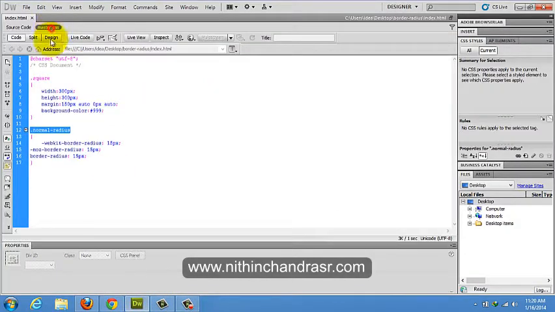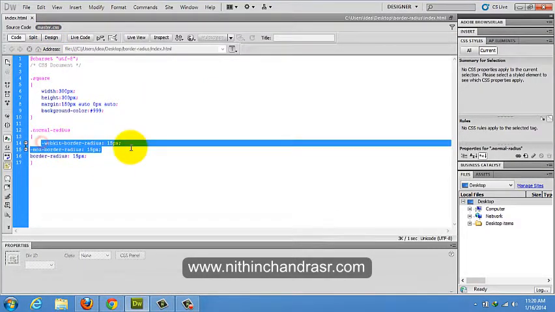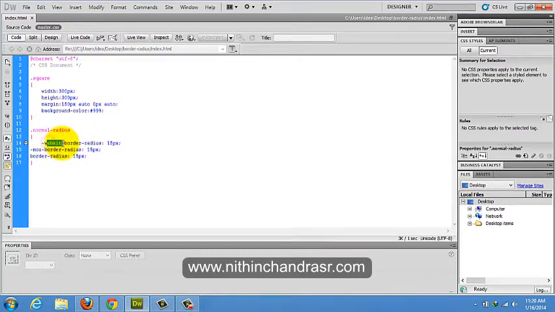To explain the border radius code, we have three lines of code: one is for WebKit, which applies to Safari, Chrome, Opera, and another is Moz for Mozilla Firefox, and border radius for IE9, IE10 and IE11. Border radius compatibility: border radius is compatible with IE9 plus and Chrome, Firefox, Opera and Safari. Border radius won't work with IE8.